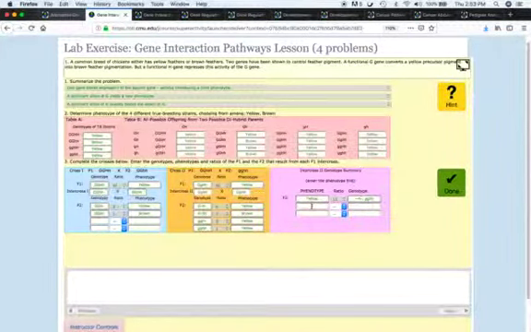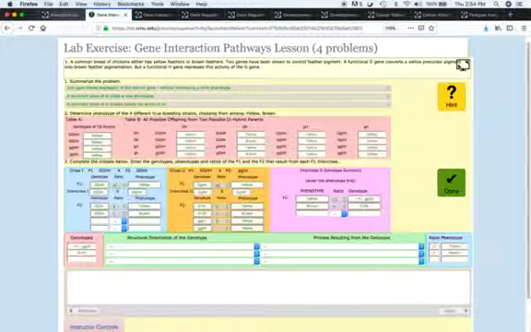And in one case you can get brown, and 3 of the 16 possible combinations are brown, and in this case that is the only genotype that will give you brown